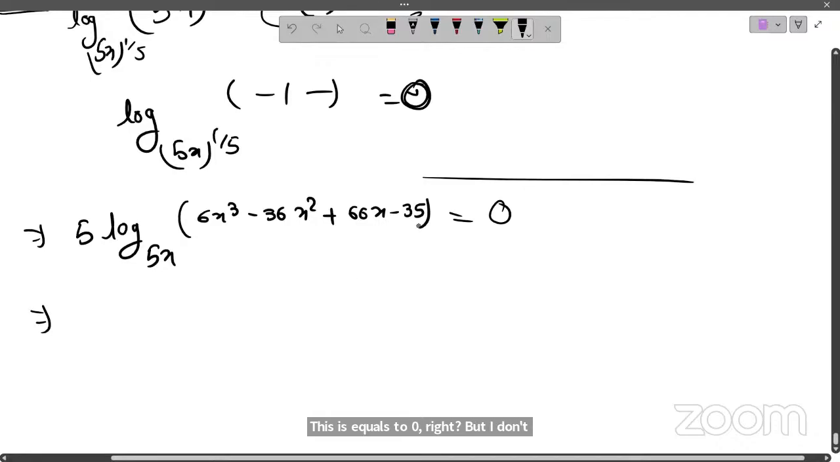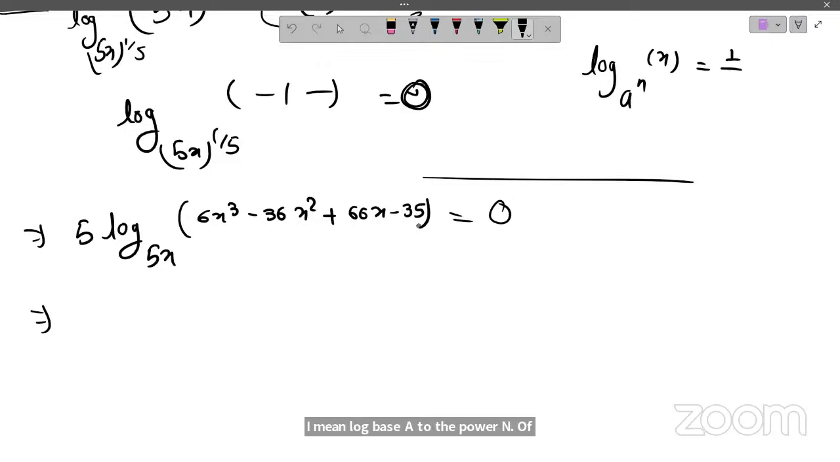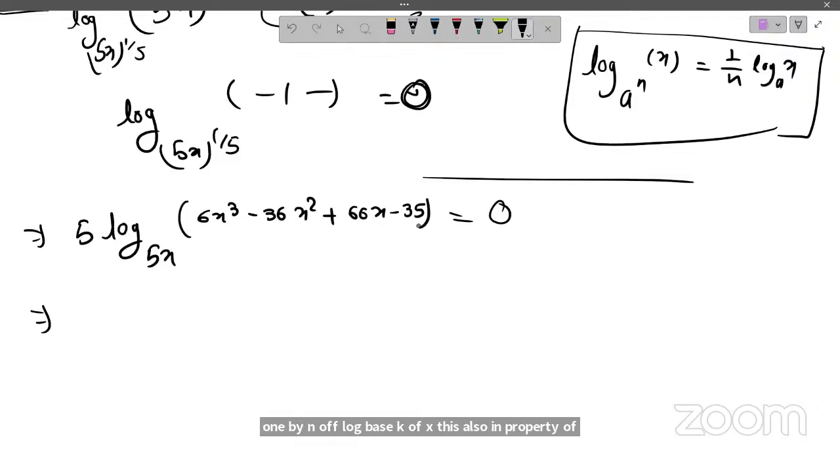Why 5 log 5x, ma'am? This is a base property. I mean, log base a to the power n of x is the same as 1 by n of log base a of x. This is also a property of log. I mean, if you have a power on the base, but we also are bringing out the power of the